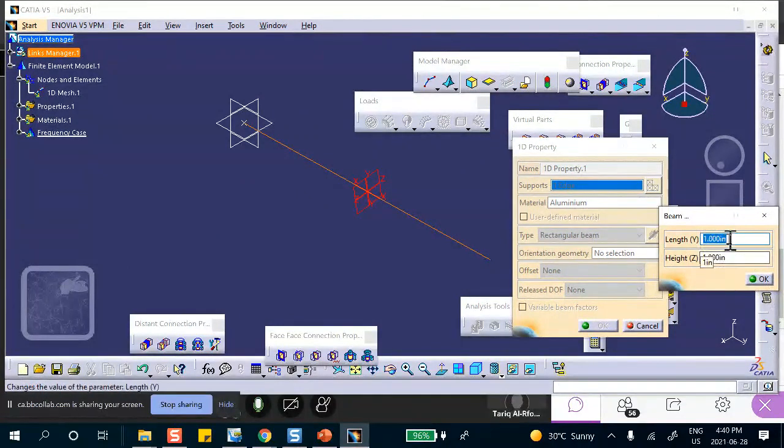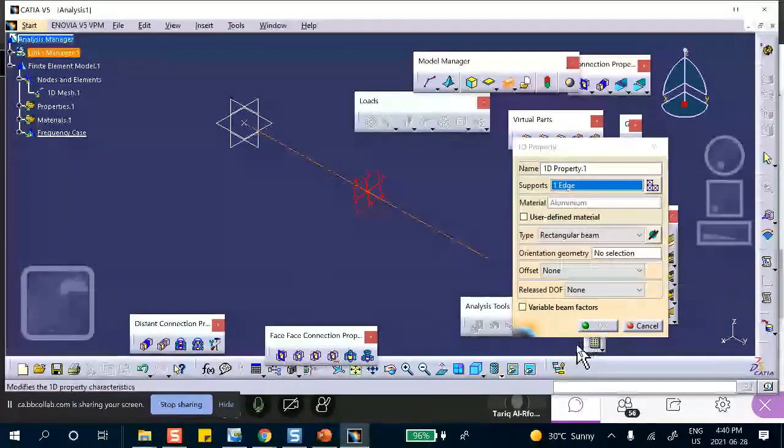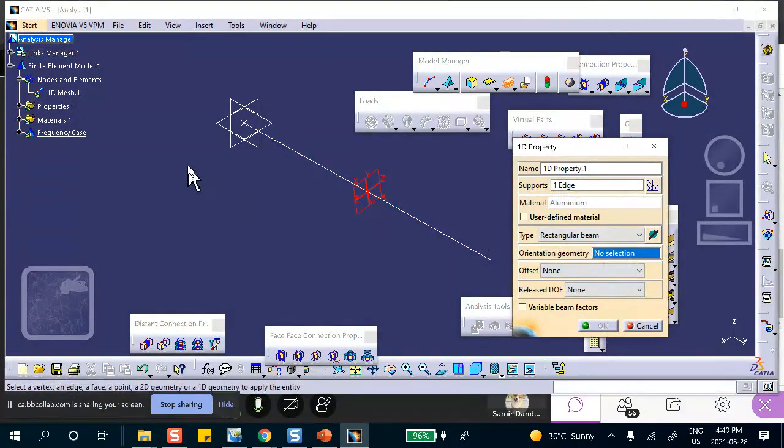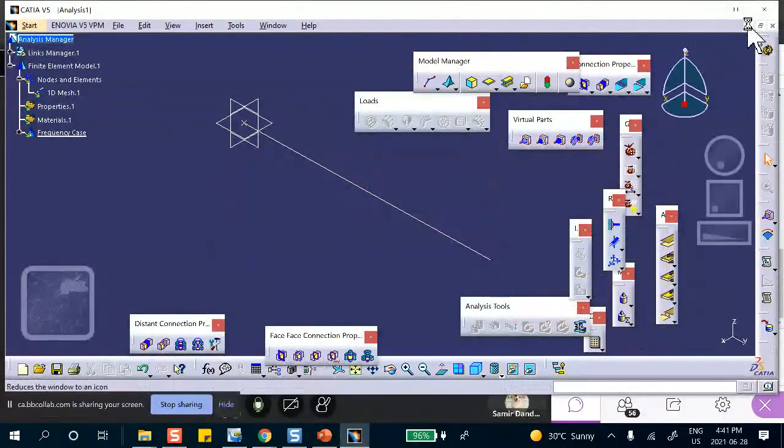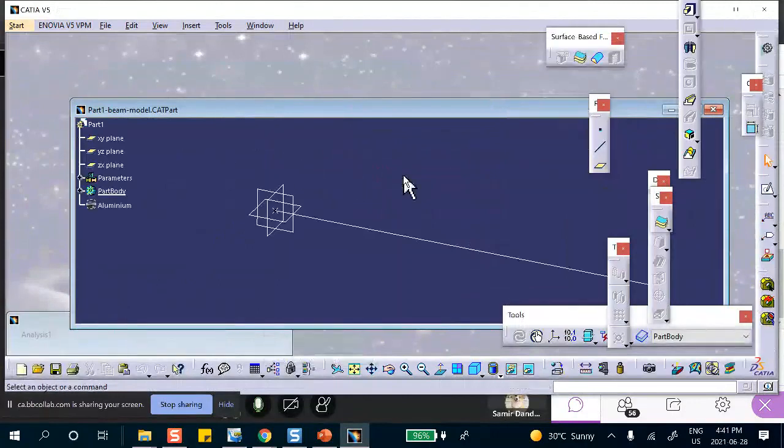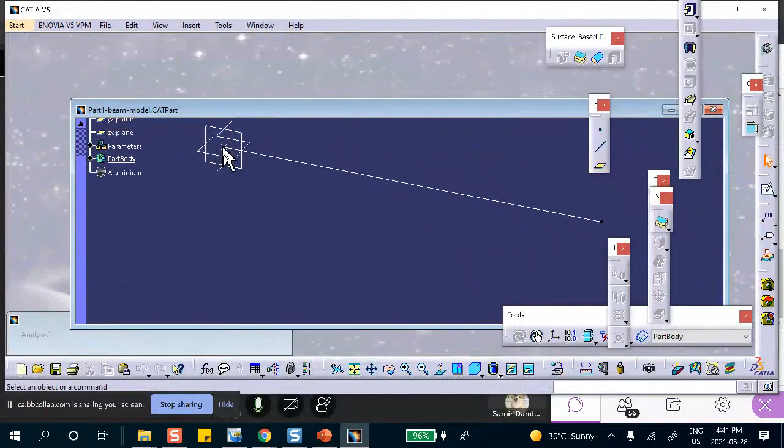I mean, ordinarily you get 0 by 0, you change it to 1 by 1. But I can't close it. What do I do? Set orientation. Yes, that means I need a point. And I don't have a point. I have a point here, but the point cannot be on that line. Even if I try to, it's going to come back and go nuts. See that? So I have to bite the bullet, go back to my part, create a point. Now that point cannot be on this line, cannot be on the continuation of this line.